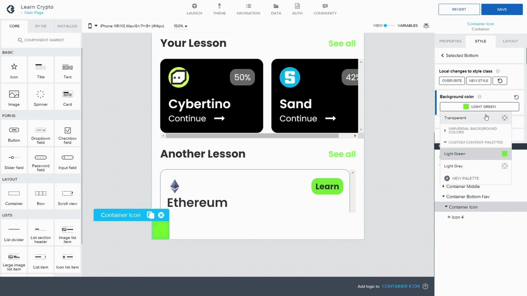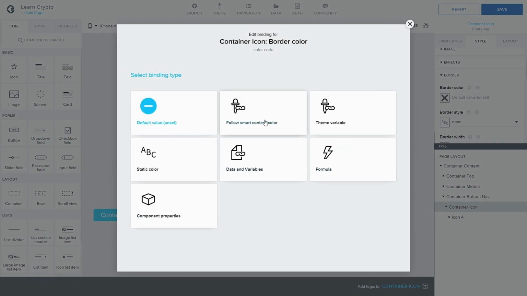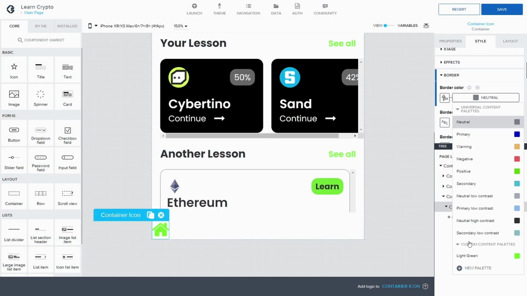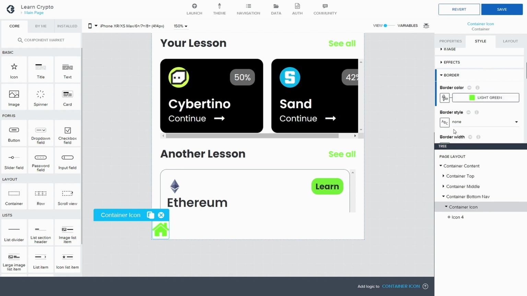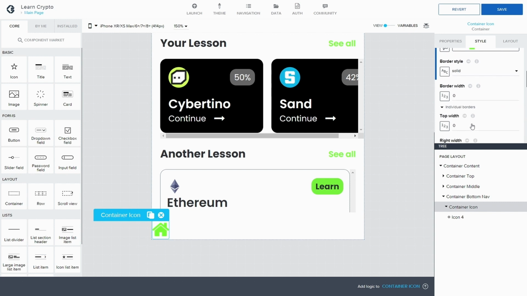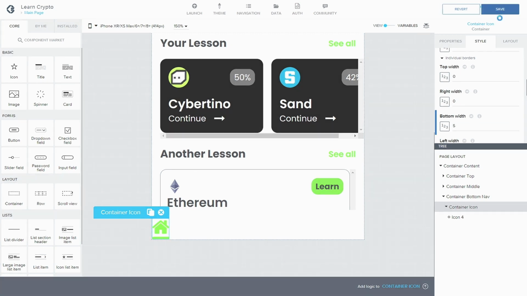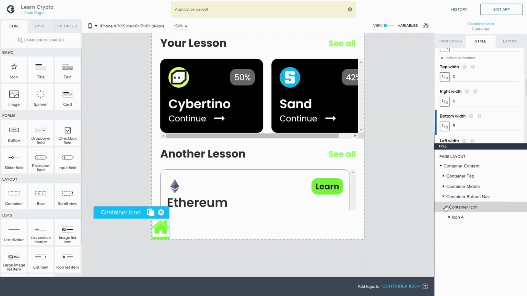Oh, we want to have the border green, so we'll use that one, custom green. We take the solid one, we are taking the bottom width, and let's make it 5, even 5, perfect. Okay, so that's one. So now we duplicate that one,